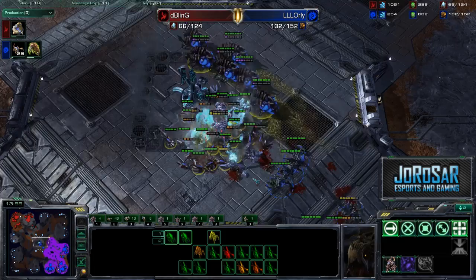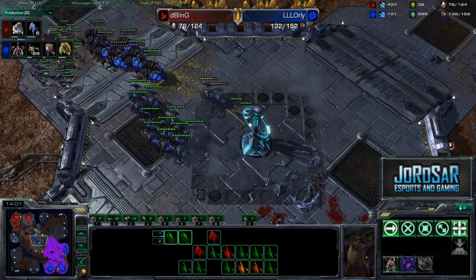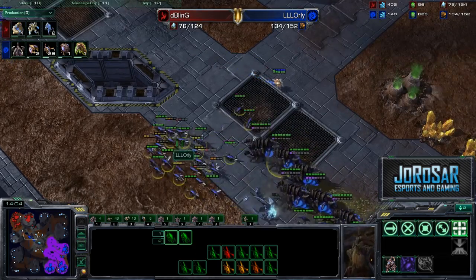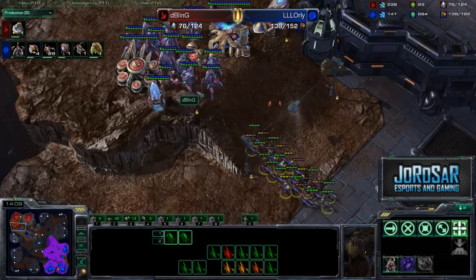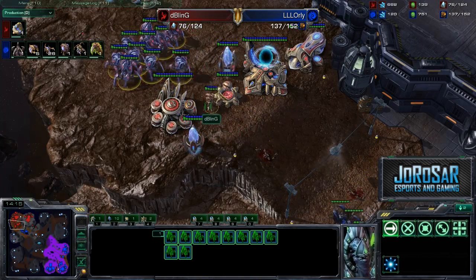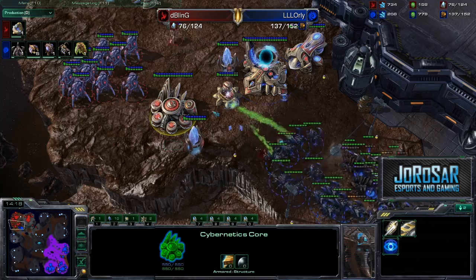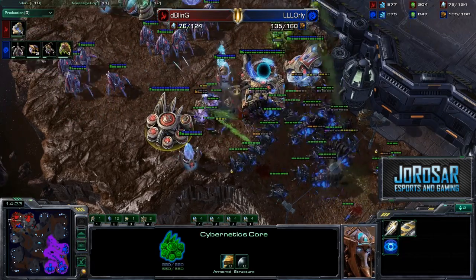This looks horrible for BlinG, and the supply is dropping like nobody's business. Orly can effectively 1A across the map now, and at the very least he has map control. At the very worst, BlinG looks like he might die. We're going to have to wait and see. A reasonable number of Stalkers defending the front here. They do have Blink now, and the Zealot also going to defend that little gap, but the Roach is popping in. It looks like this might overpower the...